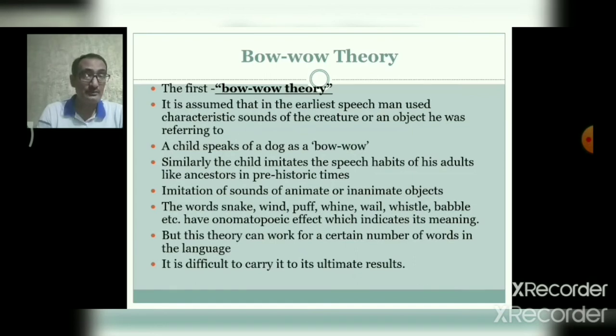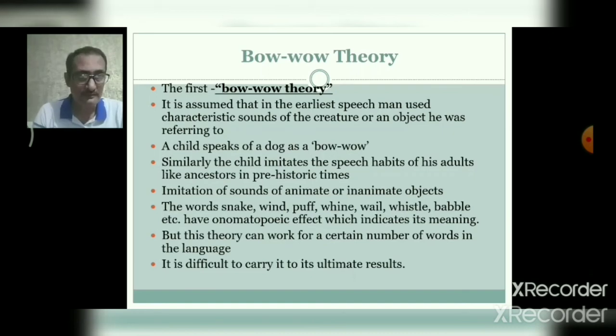By onomatopoeic effect, I mean to say that the sound of that particular word is such that you automatically derive the